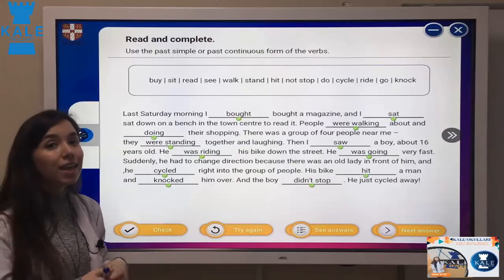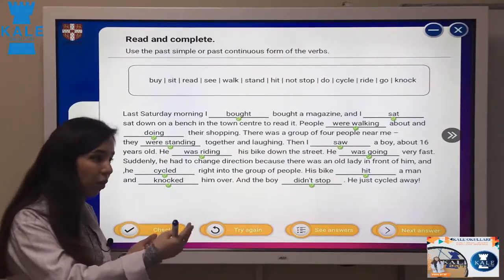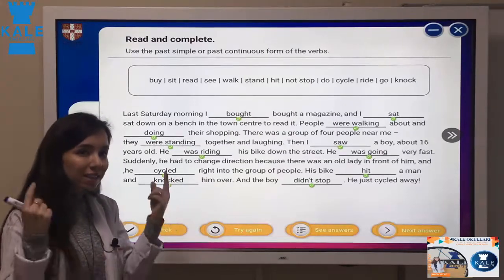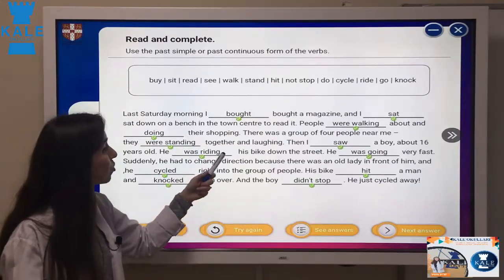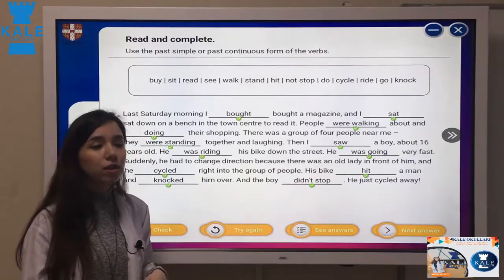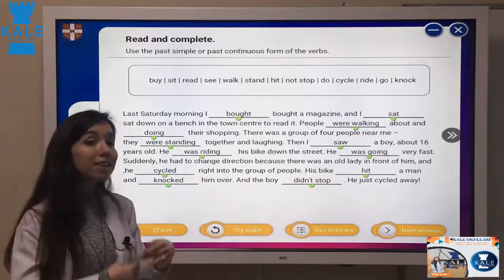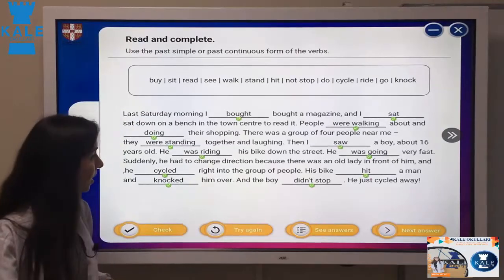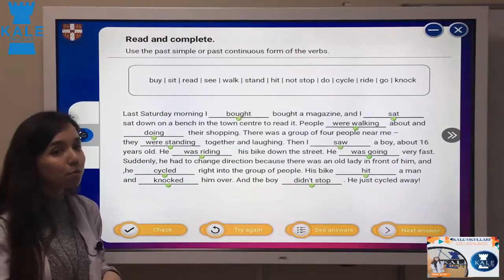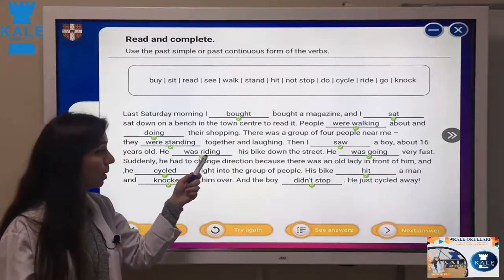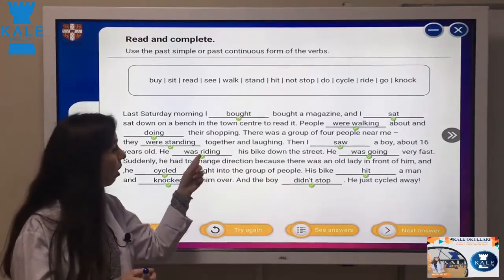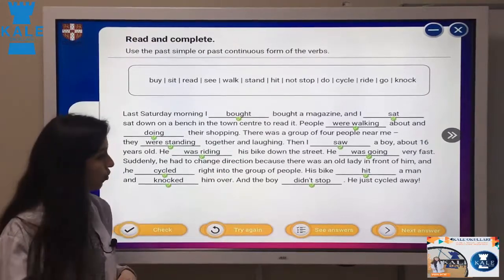What was he doing? Now we can say that I saw him. But at the time that I saw him, what was he doing? It's past continuous. Yes, he was riding his bike down the street. I saw him, it's finished, but he was riding. It's continuous. Maybe for 10 minutes he was riding. Because of that, here we use past continuous. And you know that in past continuous, there is no regular or irregular verb. All the verbs just come with "ing".